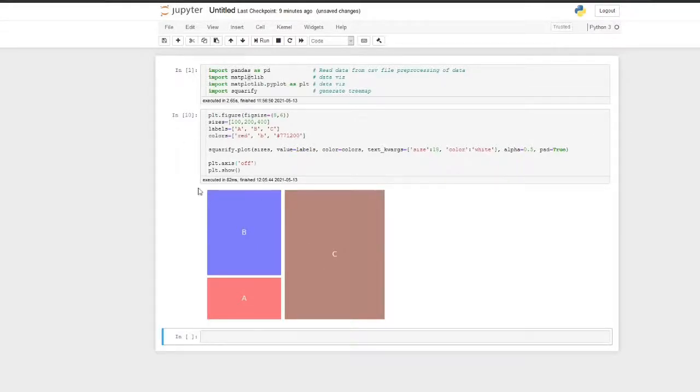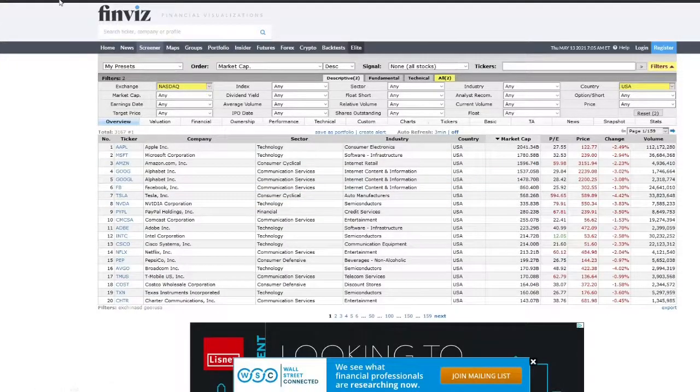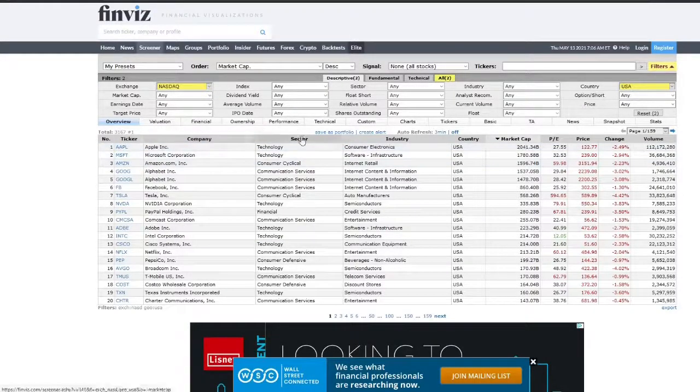So that's it, guys. That's the basics about generating a tree map. Now let's get into plotting the Nasdaq top 20 stocks. I have retrieved the data from the stock screener in Finviz. So this is the data. It includes the ticker name, the company name, sector, industry, and country, which I have set as USA.